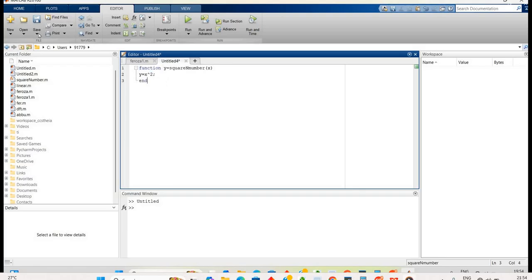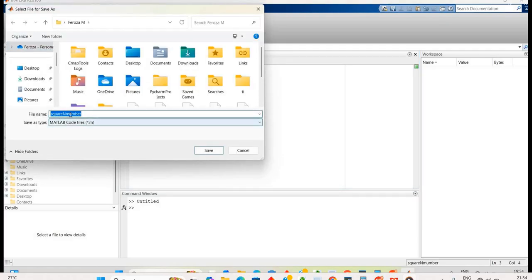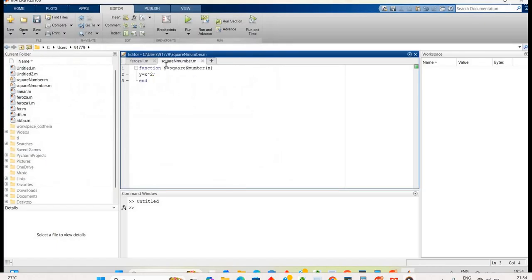Then Save As. I'll save it as squareNumber. We have given the function name as squareNumber, so we have to save the file with the same name. Save. So the script name is now squareNumber.m.